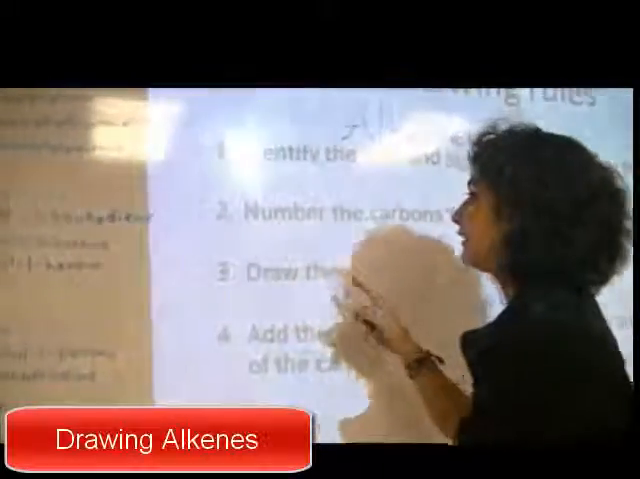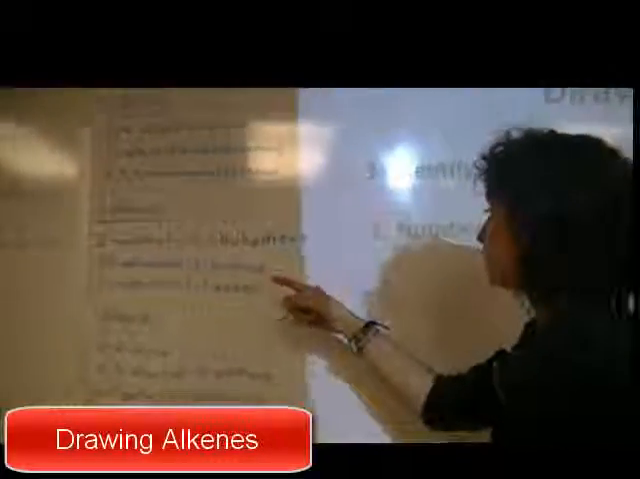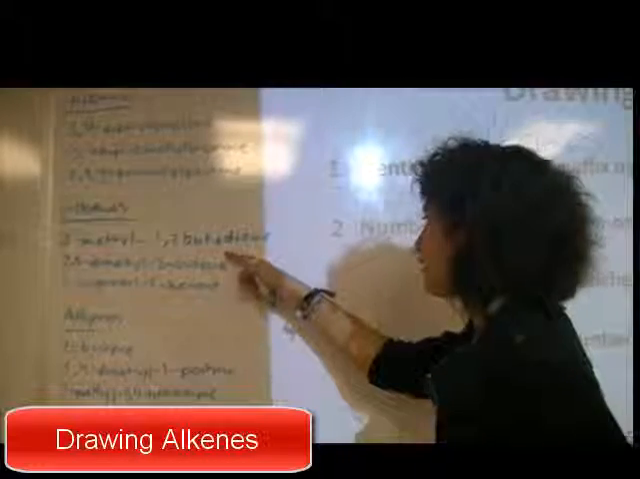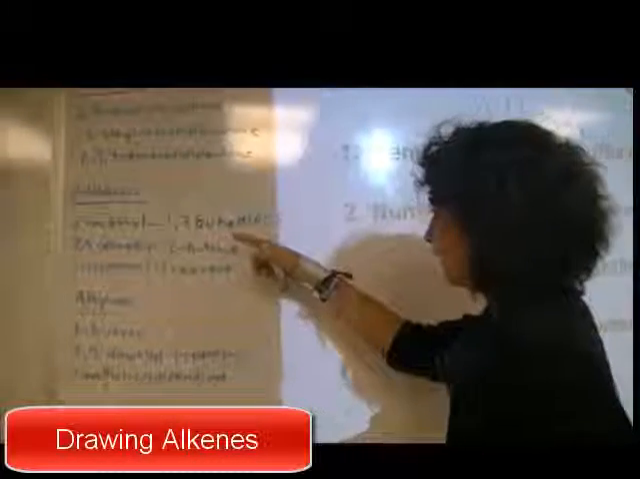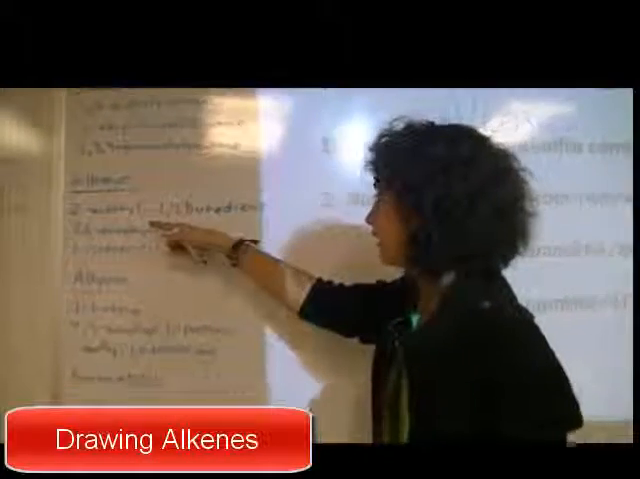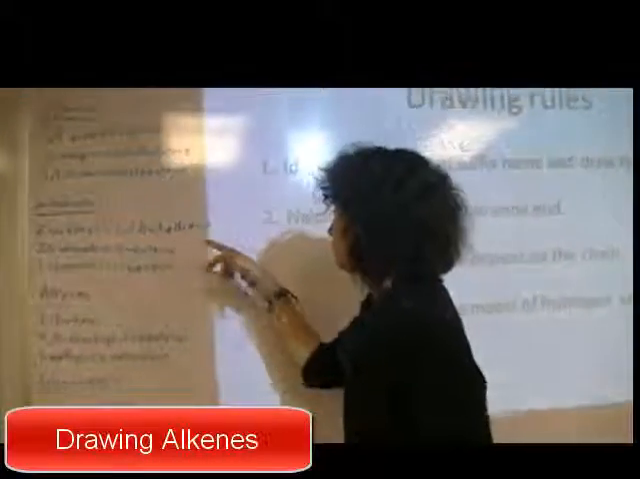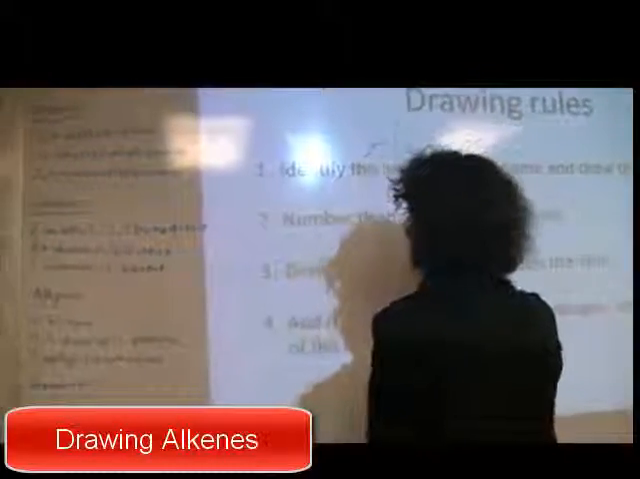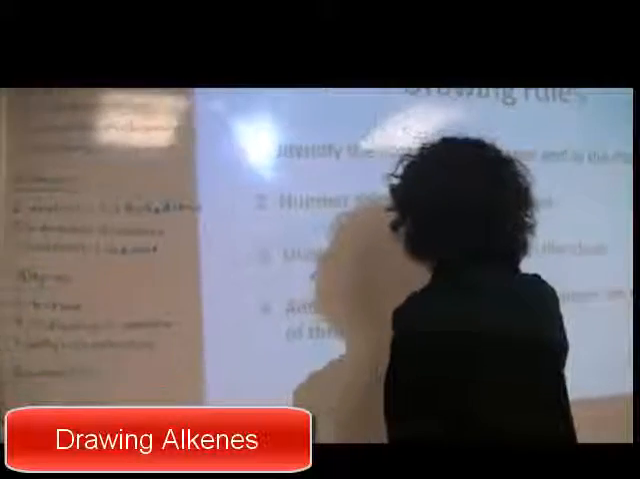Now the first alkene is 2-methyl-1,2-butadiene. It's a carbon chain of 4 carbons with a methyl in number 2 and 2 double bonds. So it will be like this: